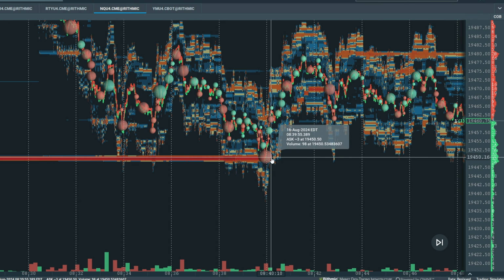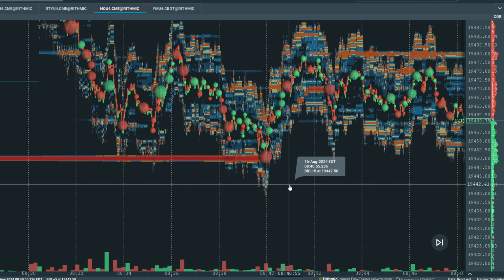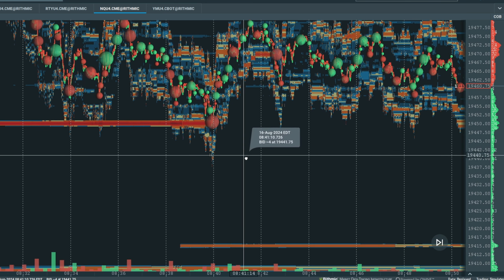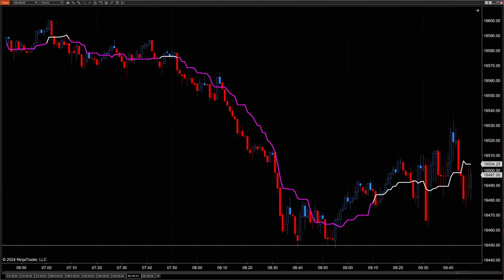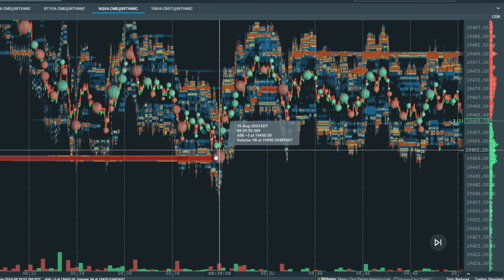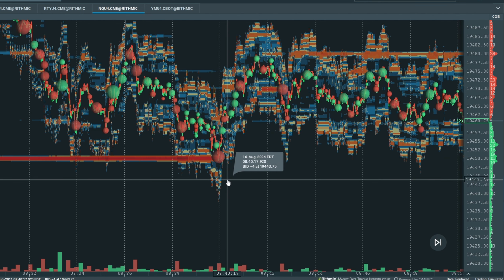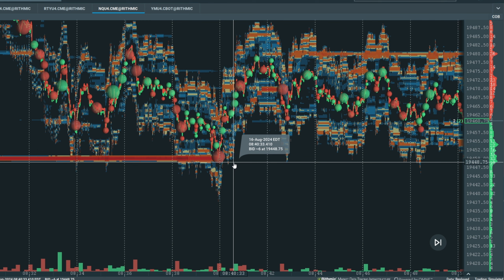So from 9:40 on, if we want to play this area, where would it be smart of us to try to put a stop loss in place? If we're going to simply bounce right as soon as we start taking out the high of that candle, then where do we want our stop loss to actually be placed? Well, it's very simple. We come back over here and we look at Bookmap, and what I want to do is say, okay, there were a lot of sellers right here before. So it makes sense to me to probably put my stop loss 1 to 2 points below the low of